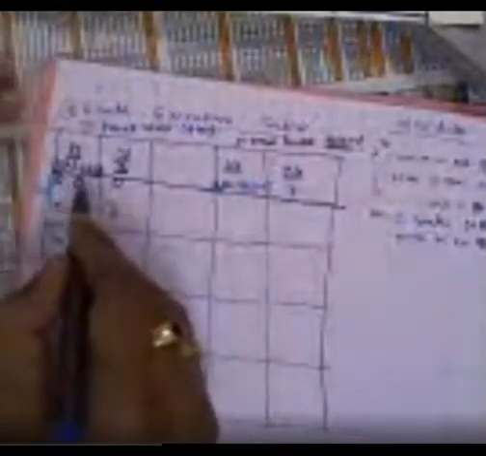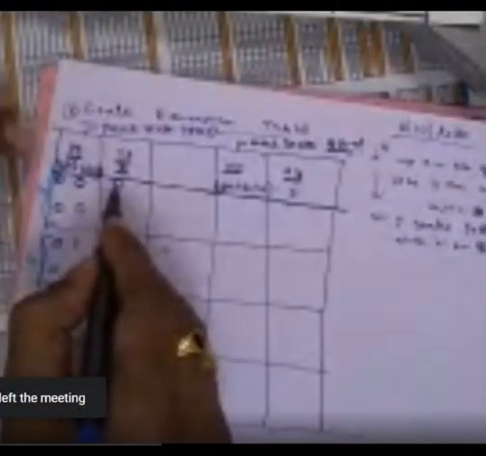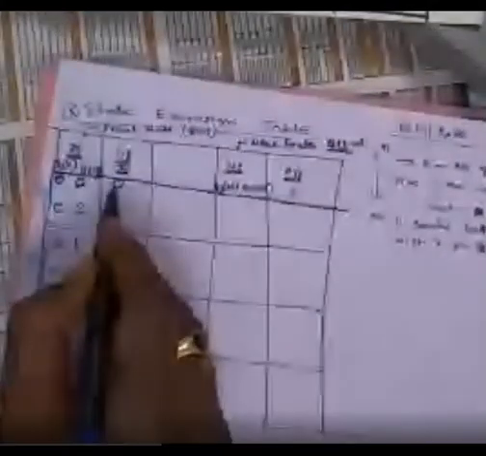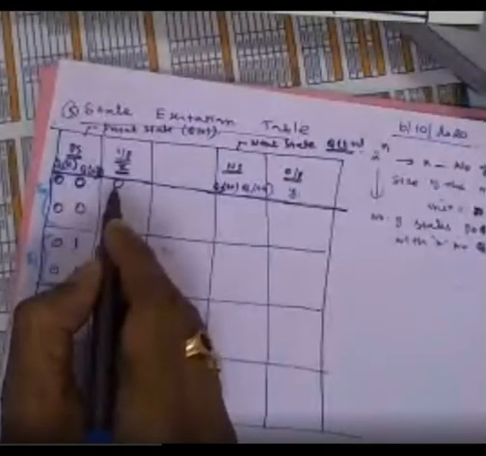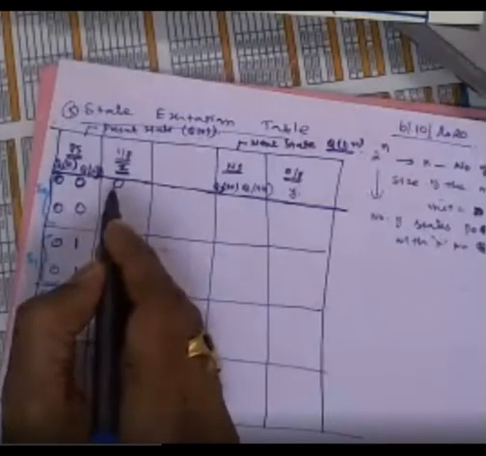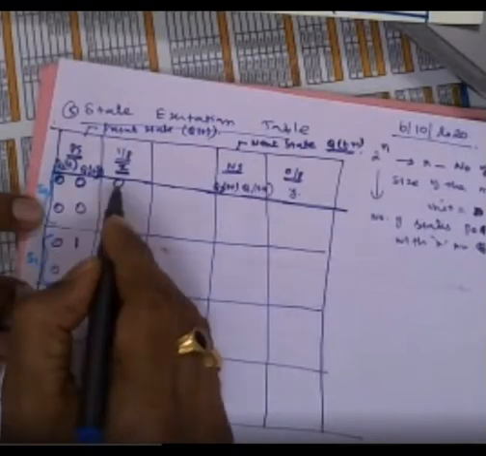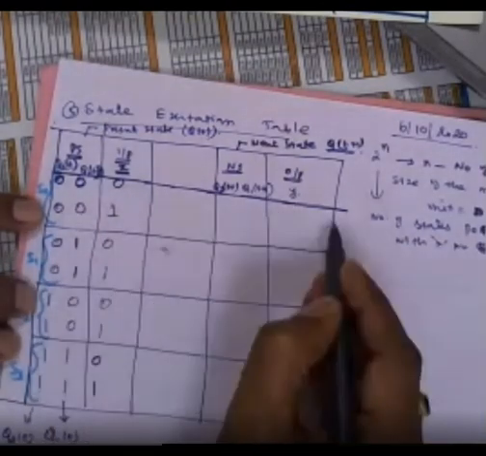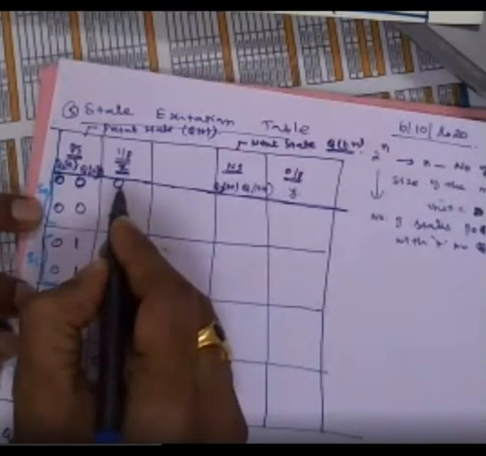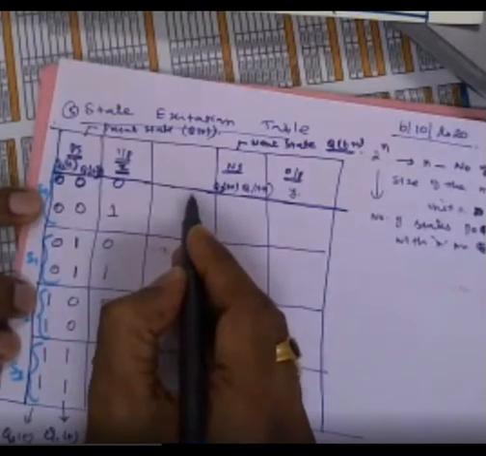So now look here, when the present state is 0, 0, if 0 is coming, then this transition, that is, 0, 0, 0 is coming, right? Now I apply the clock, which means X is already available at the input of the circuit, and the circuit is waiting for the clock. So if I apply the rising edge clock here, then this row has a specific profile now. Specific profile in the sense, if 0 is available as the input, the circuit is at 0, 0, and I am applying the clock now. Therefore, where will the circuit go now?